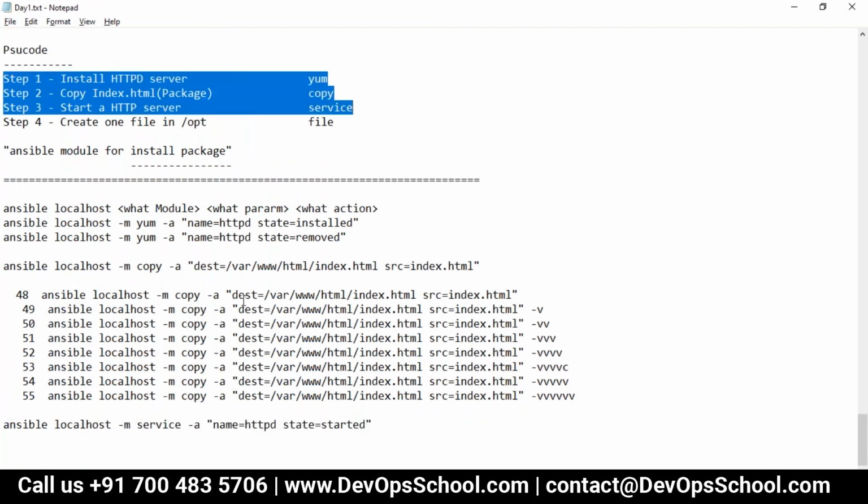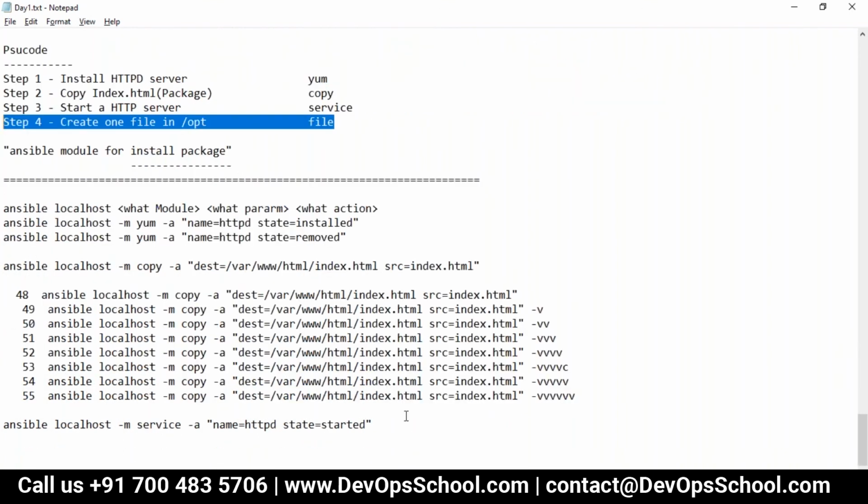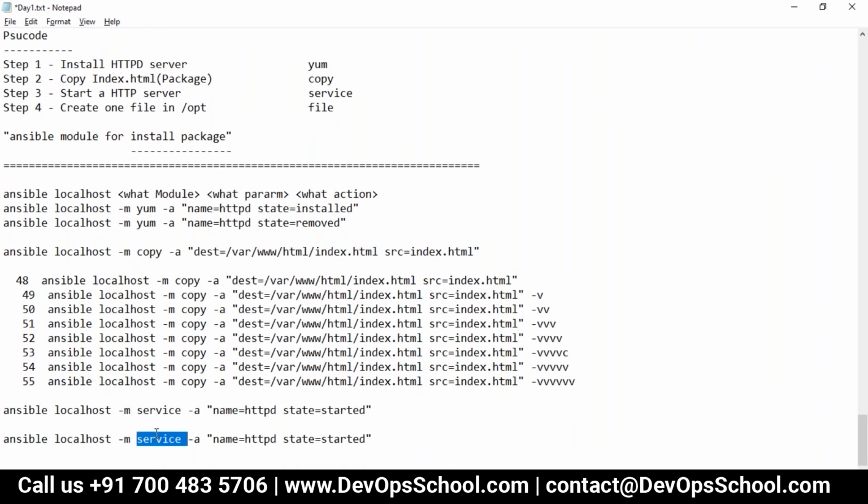Can I validate? See, my server is installed by the time now. I'll create one file in OPT also. And for that, localhost file. What file? ramu.txt. State touch.